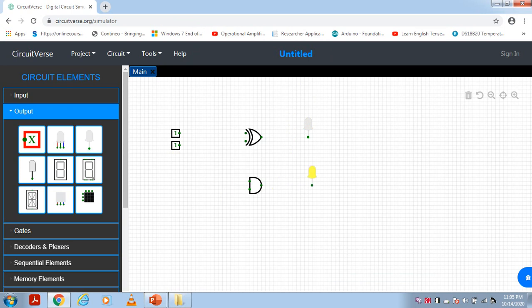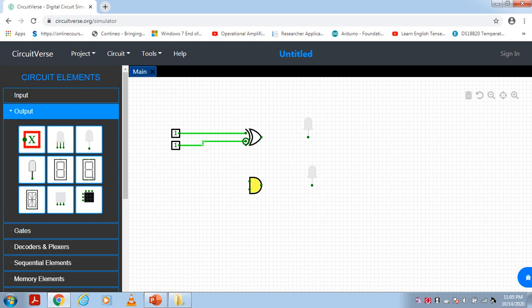Now how to give the connection? Please listen here. From this point to this point, just connect the wire. Just drag it here and you will get the connection. Similarly, one more input here, which will be connected to the XOR gate input.